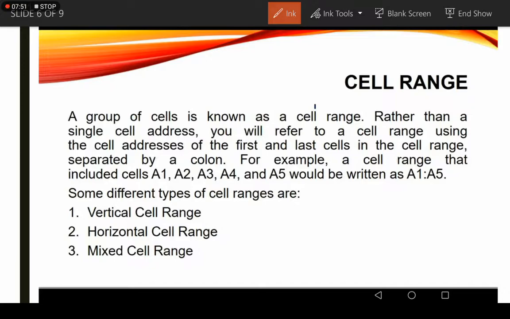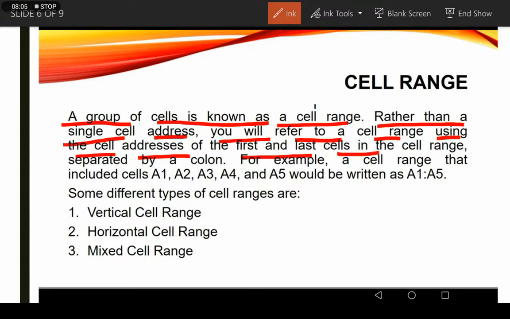Now cell range. A group of cells is known as a cell range. Rather than a single cell address, you will refer to a cell range using the cell address of the first and last cell in the cell range, separated by a colon.